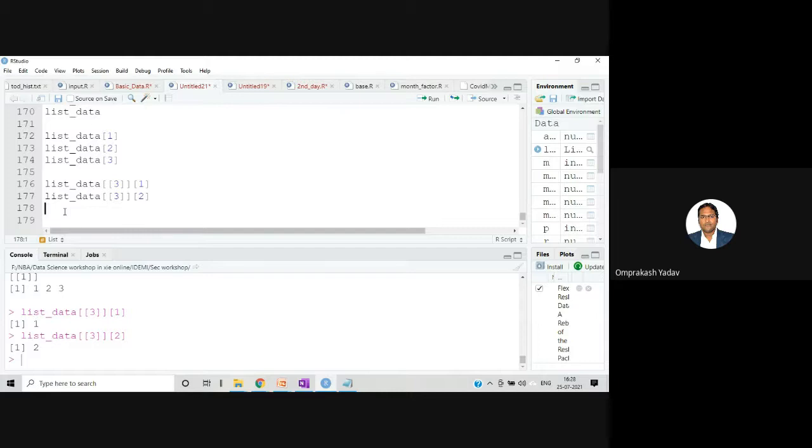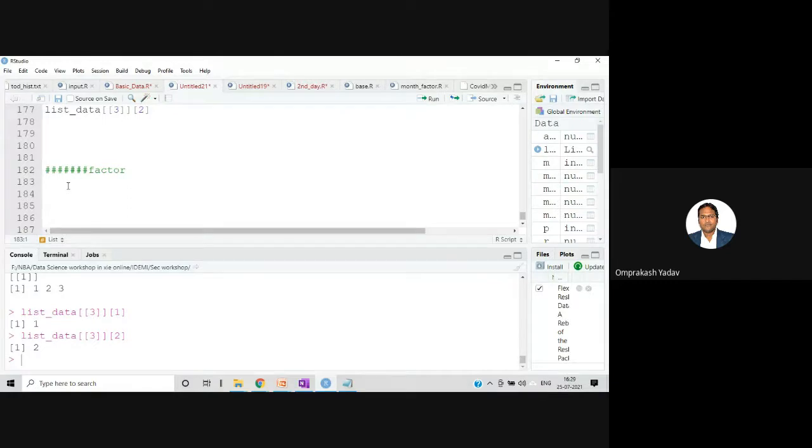So now let's go ahead and see one very important data type, one very important object that is called a factor. So see, initially I told you that whatever stuff is really important for your data science part, that I'll be teaching you of the R language. And if I go on covering each and everything of the R language, then definitely this workshop will become a workshop of the R language, right? So in a cut short way, whatever things are really important from the point of view of data science, I'll be teaching those parts. So my direction will be clear.